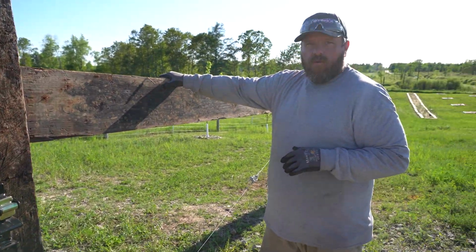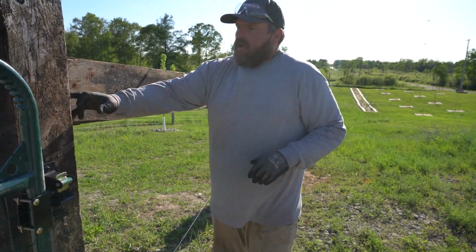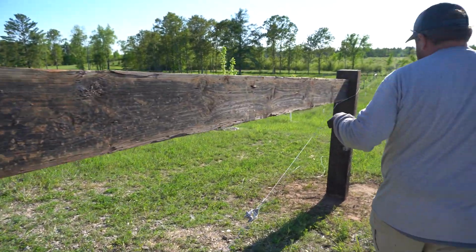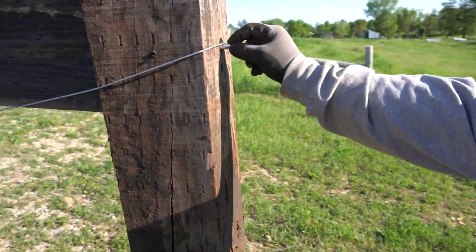These were for the railroad bridge planks. They replaced all these, so we're able to use these. To set this up, you drill and put a pin on the inside of here. Then on the other side, where the top of this wire runs, you drill. This is a 10-inch pin, so